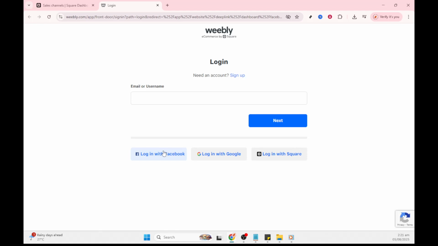And that's it. You've successfully linked your Square appointments to your Facebook page. From now on, your clients can book appointments with ease directly through your Facebook page, enhancing their experience and boosting your efficiency. Remember, maintaining a seamless connection between your platforms not only saves time, but also enhances the overall customer